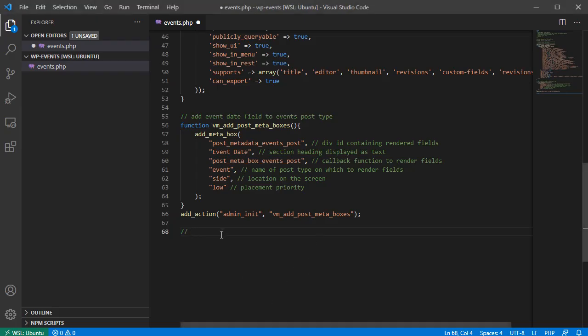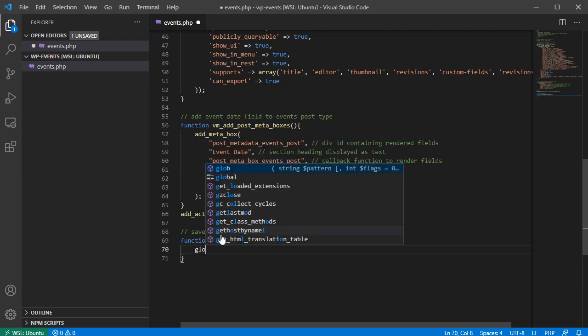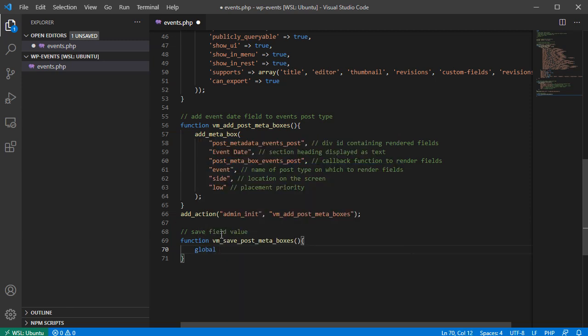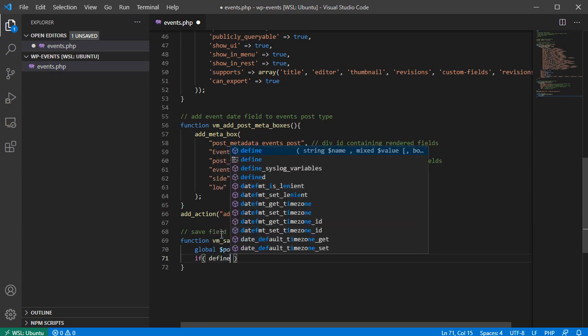So I'm gonna leave a comment here, save field value, and I'm gonna have a function called VM_save_post_meta_boxes. I won't get any parameters for this function, but I'm gonna have a global variable which is post, so I'm gonna grab the data, and I'm gonna have an if statement which is gonna check if we're